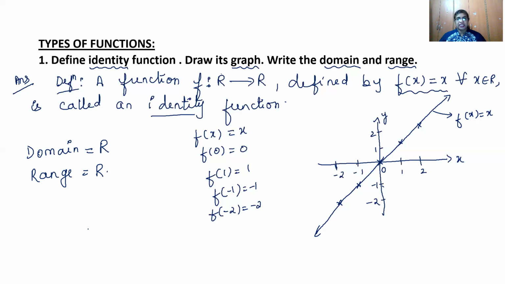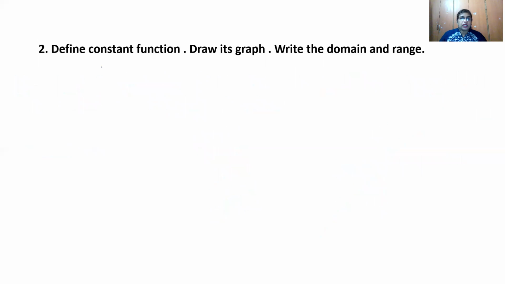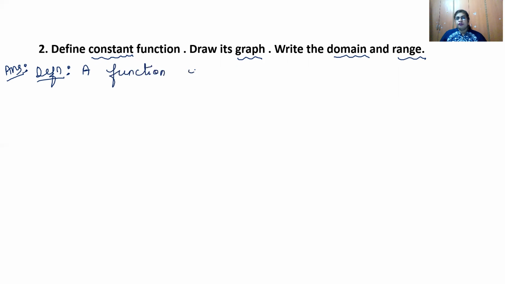Okay. Next, we shall move on to the second type of function, which is the constant function. Define constant function, draw its graph and give the domain and the range. So first, let us write the definition of a constant function. Definition: a function f from R to R defined by